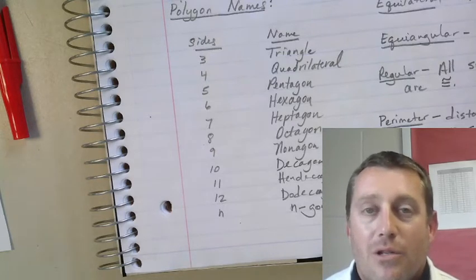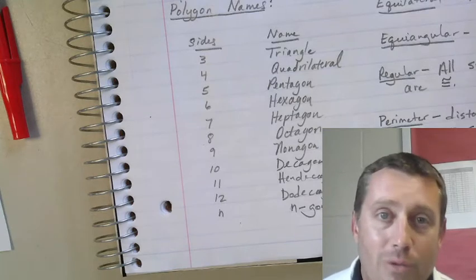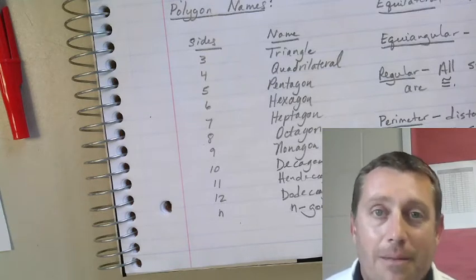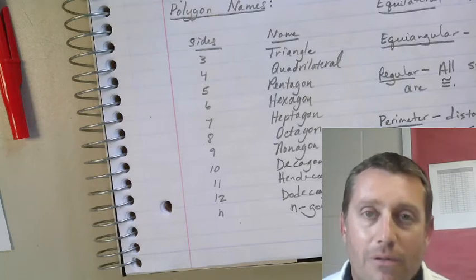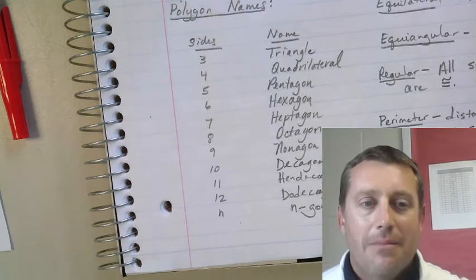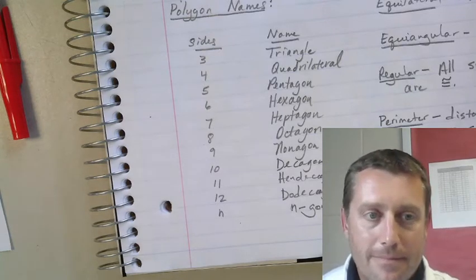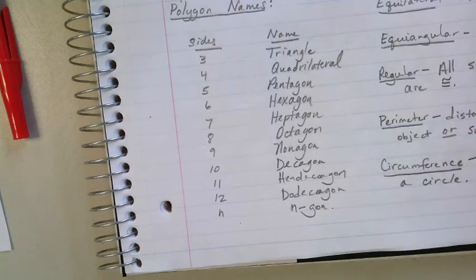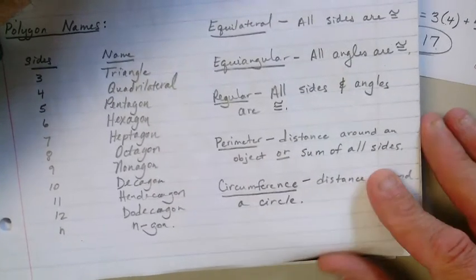So, if they want to do a 20-sided polygon, they're talking about a 20-gon. A 30-sided polygon is a 30-gon, so on and so forth. So just something to think about there, okay? Now, as we move on to some other terms here, these will be very important as we work our